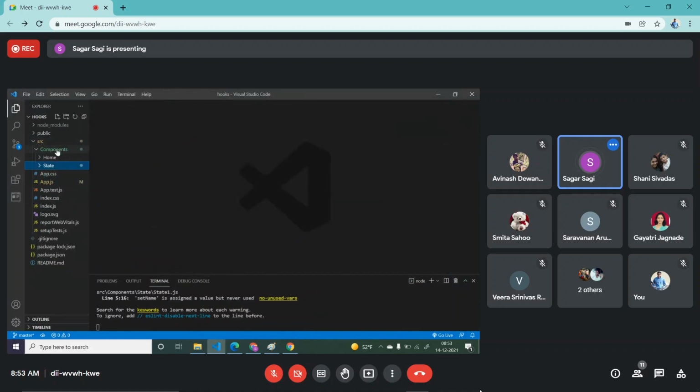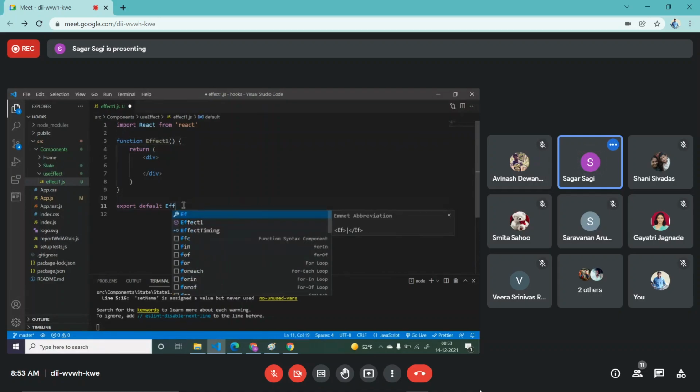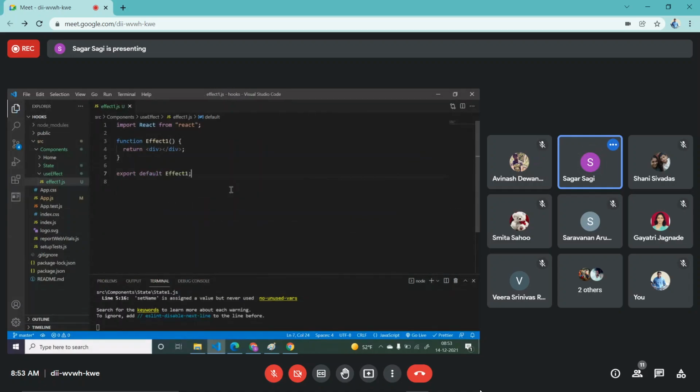So here I'm creating one more folder called useEffect. In this I'm creating a component called Effect1.js. So same shortcut, rfce tab, and just make it a capital E here. Effect1. Done.